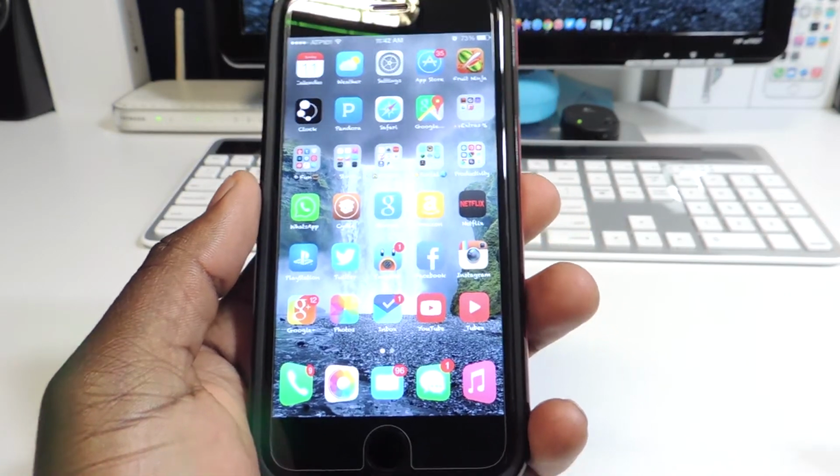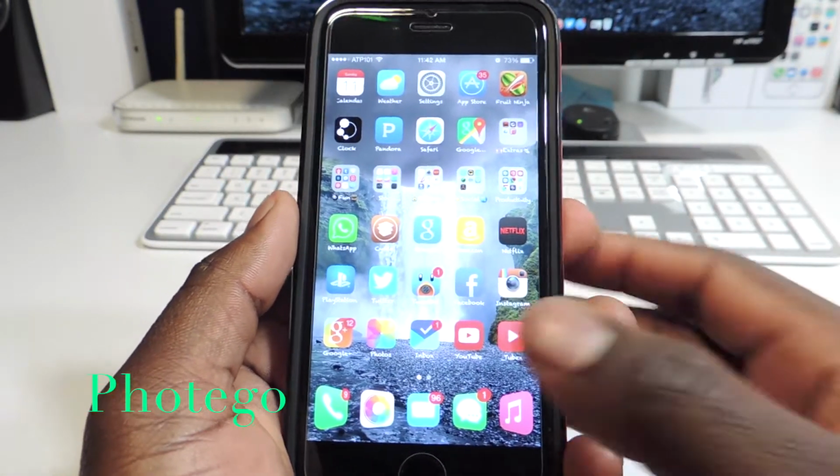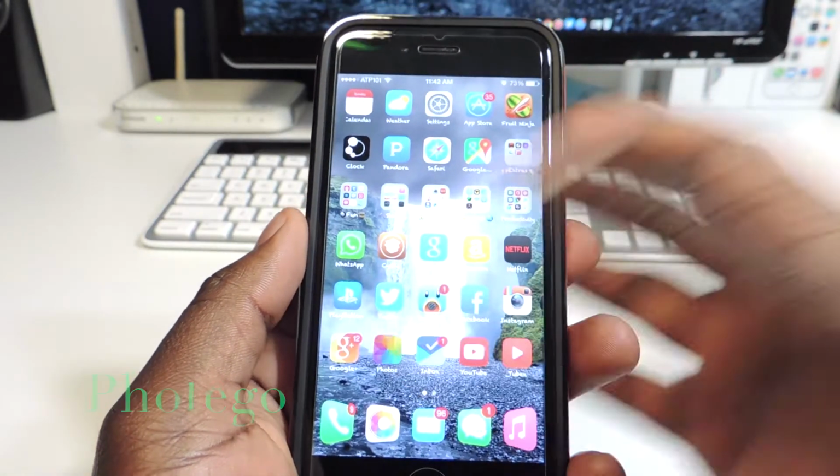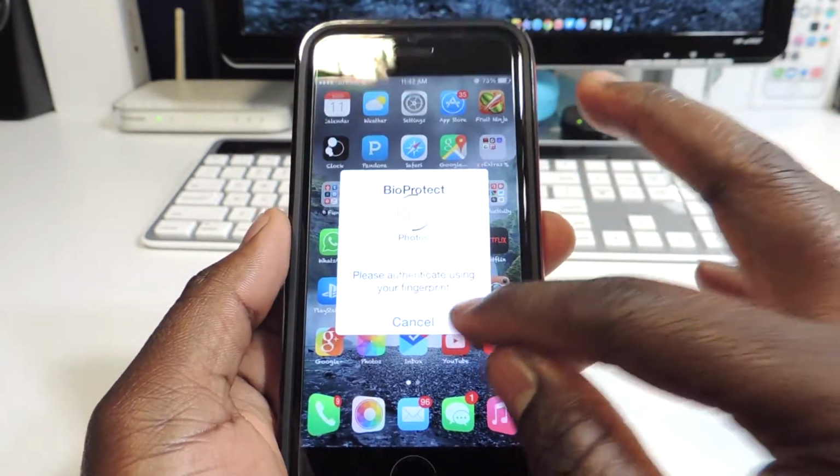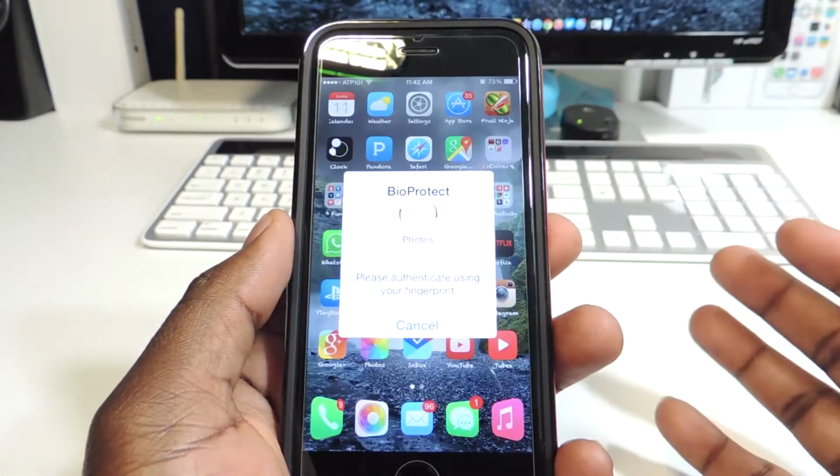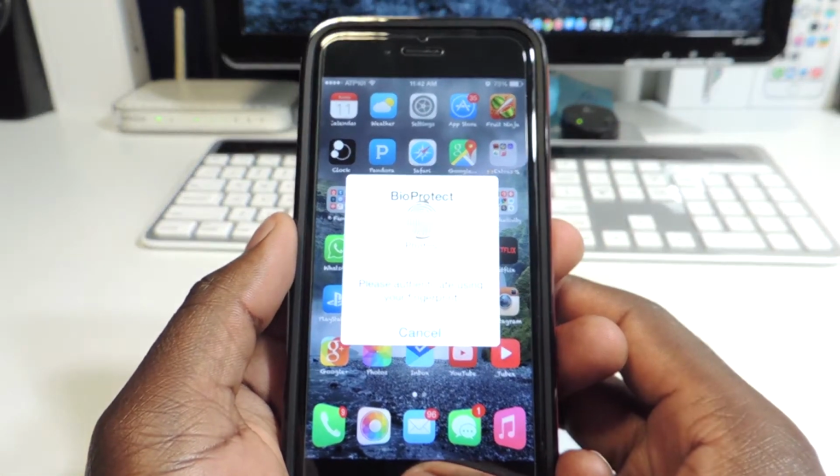And then the other one is called Photego. I'll have the name on the screen. So if I go to my photos, this basically lets you use fingerprints. So I got the Photos app locked with BioProtect. But if you want to take it a step further,